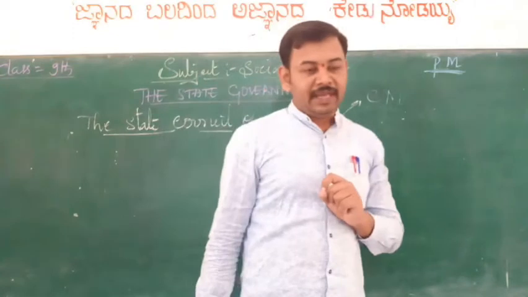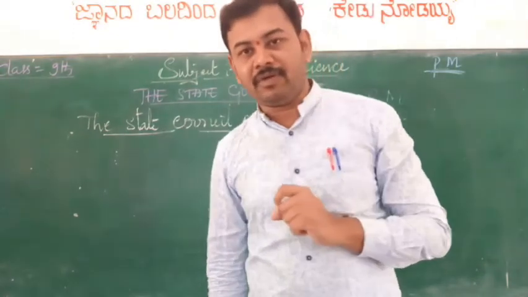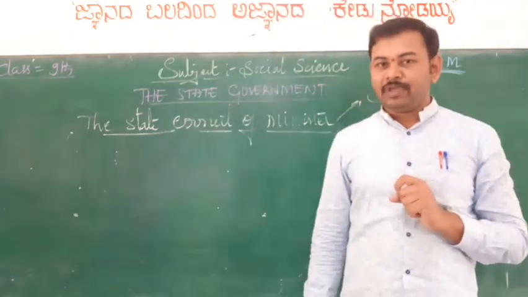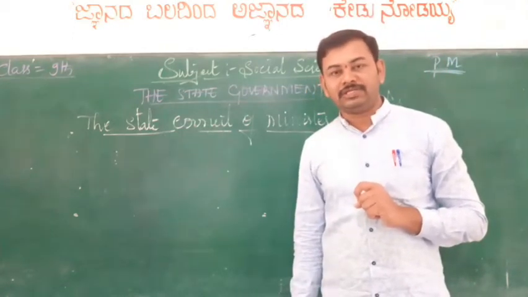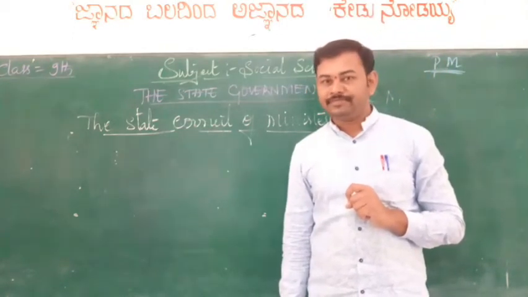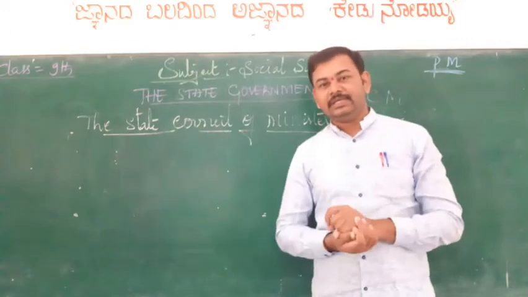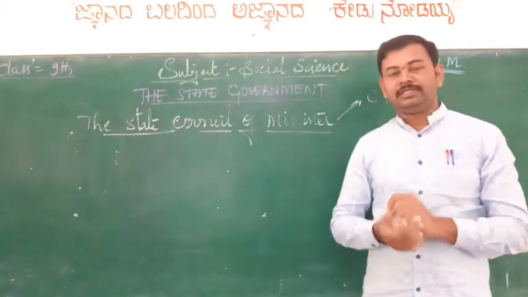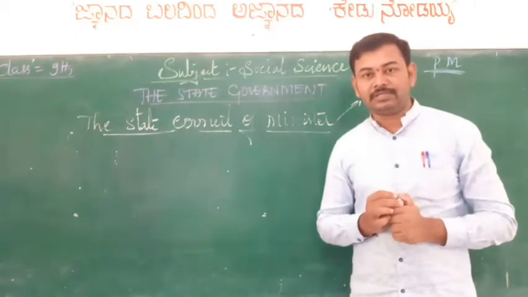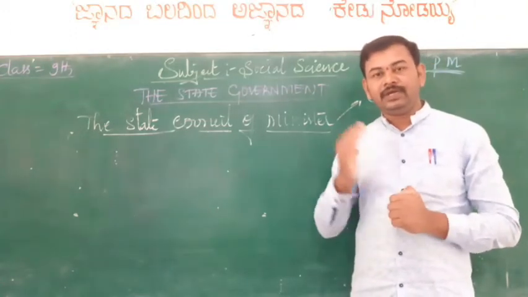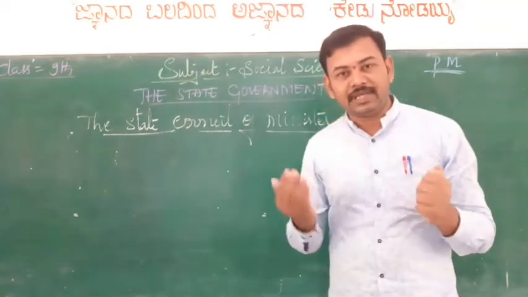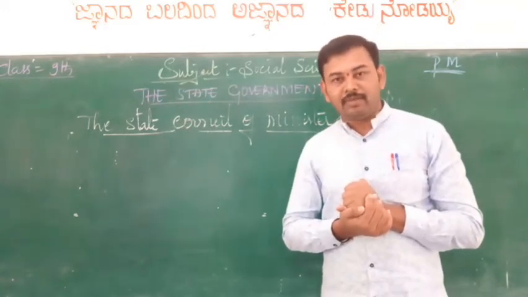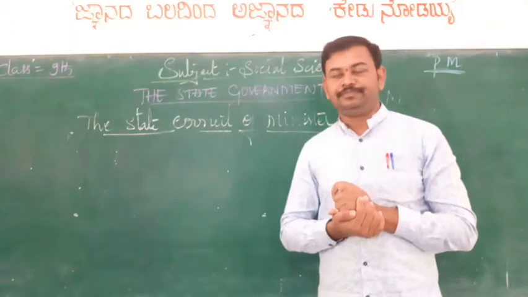I hope that you are very familiar with the name of the present Prime Minister of our country, as well as the present Chief Minister of Karnataka State. Got it? Yes. Sri B.S. Yediyurappa is the present Chief Minister of Karnataka State. Whereas in the Union, the Prime Minister is none other than Sri Narendra Damodar Das Modi.